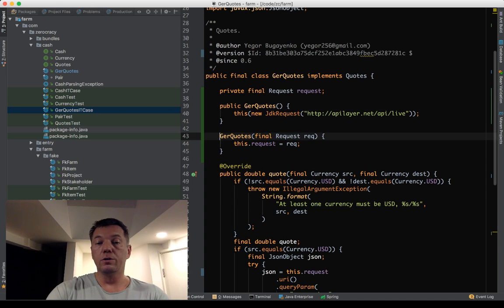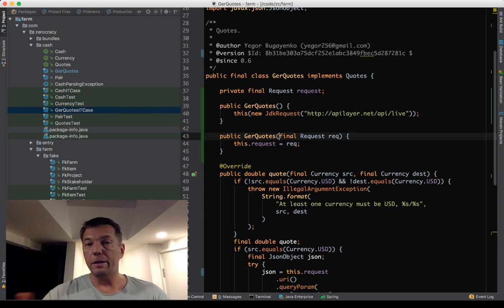But I think it's a good practice to let your users break the dependency in any possible way. Actually, in general, the more constructors your class has, the better for your users. I think that properly designed objects in object-oriented programming must have a few methods, 1, 2, 3, maybe 4, and a huge number of constructors, like 50 constructors. So to give you an ability to use it in any possible different way, to inject all the possible dependencies, to break any possible dependencies.